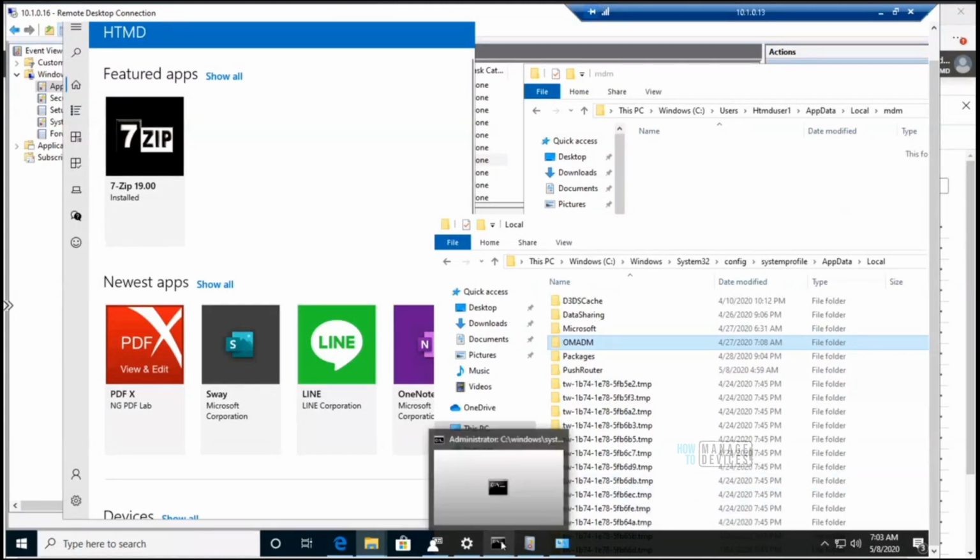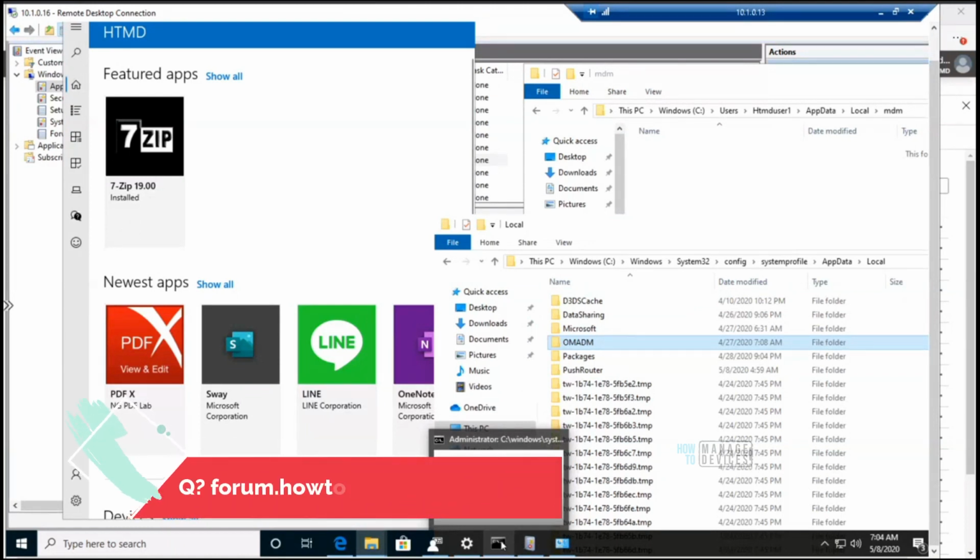Until now, we have deployed Microsoft Store for Business and LOB applications, and for both of those scenarios, the Windows 10 MDM channel is enough for the deployment.